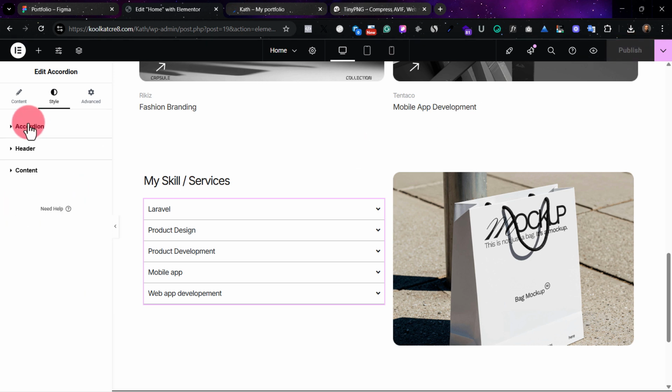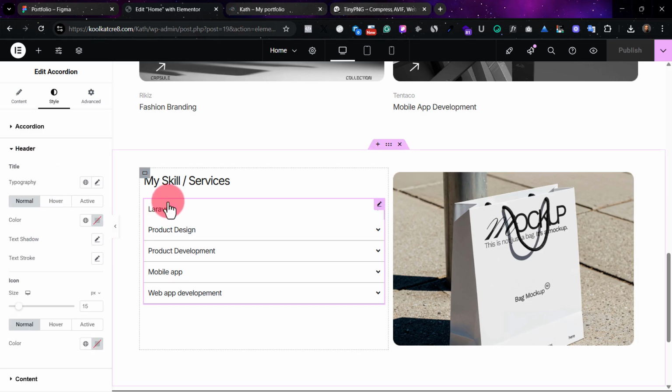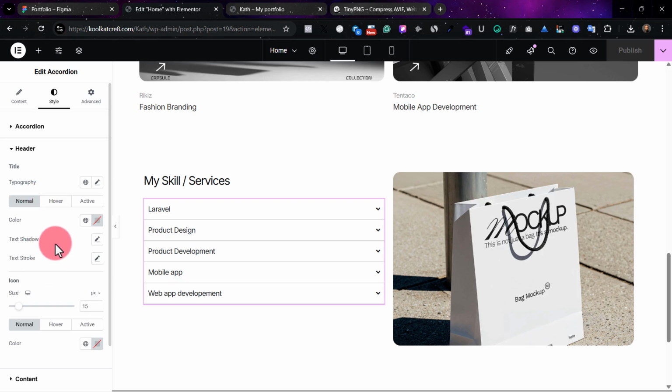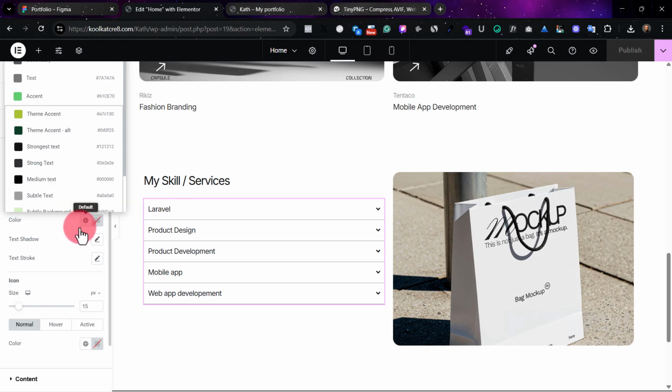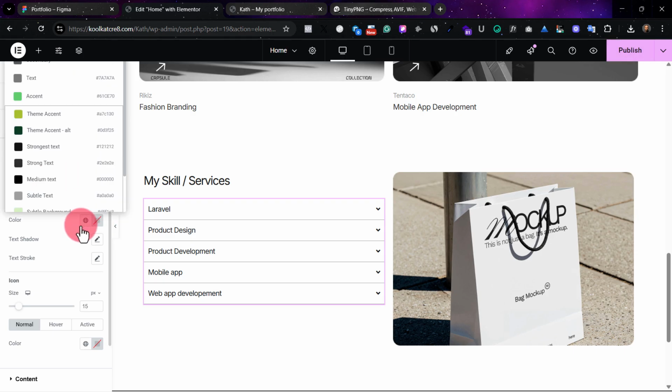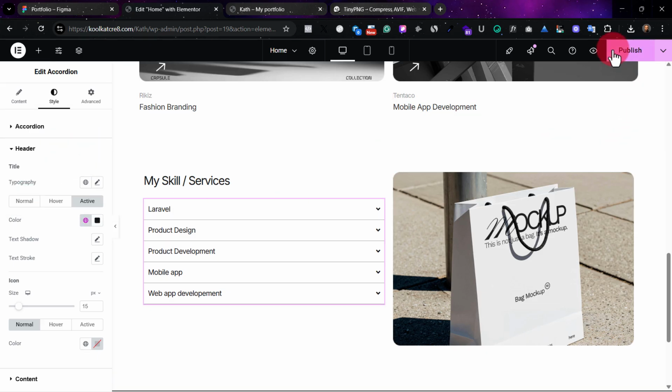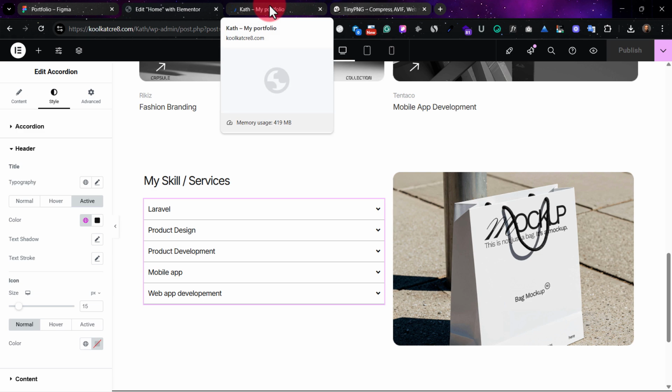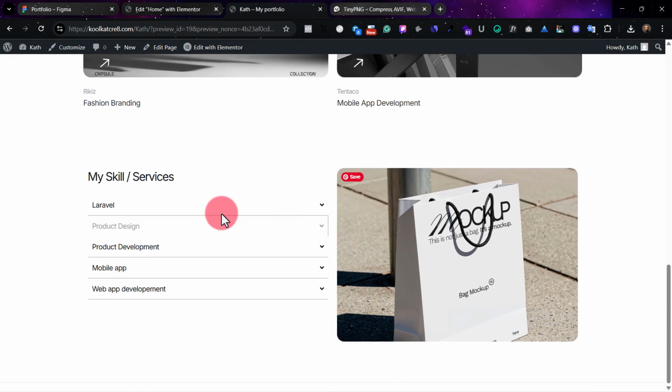So then the header, this is the header. This is what they mean. There's nothing we need to do. I think the color and everything is good. But the only thing we can do is on active, we can make it strong. Then on hover, we can do this, and on active, we do this. So you understand the this I'm saying. So on hover, we have this, we have this. So as you can see,